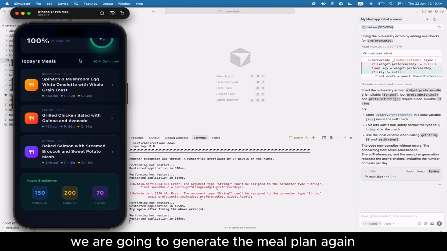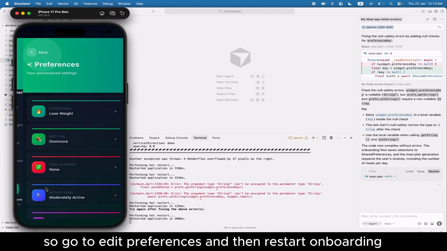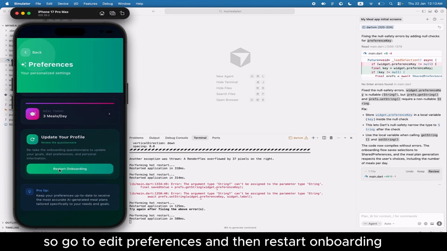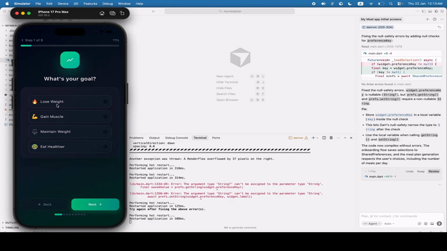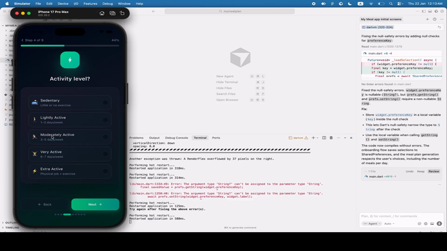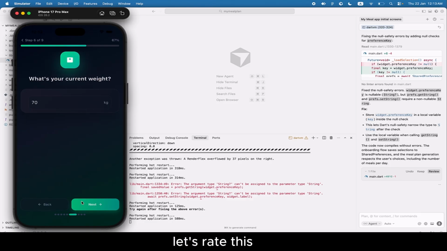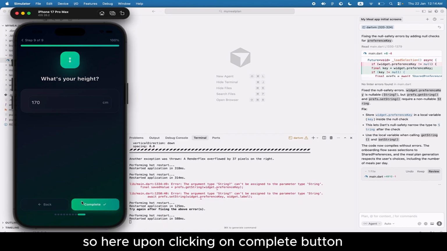Now here we are going to generate the meal plan again. So go to Edit Preferences and then restart onboarding. And we are going to generate 5 meals. So let's select this and then press complete. Upon clicking the complete button, it is actually regenerating the meal plan, but it is